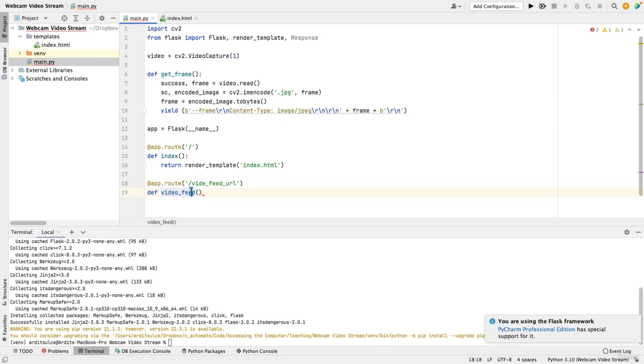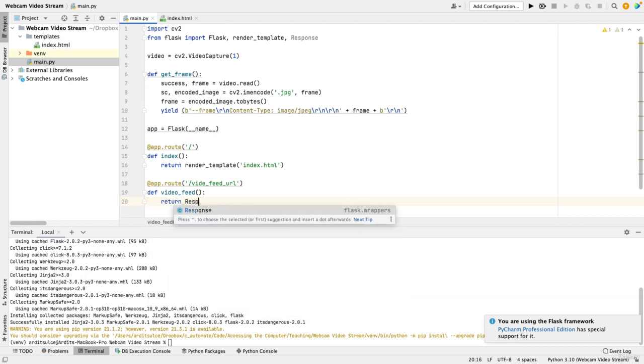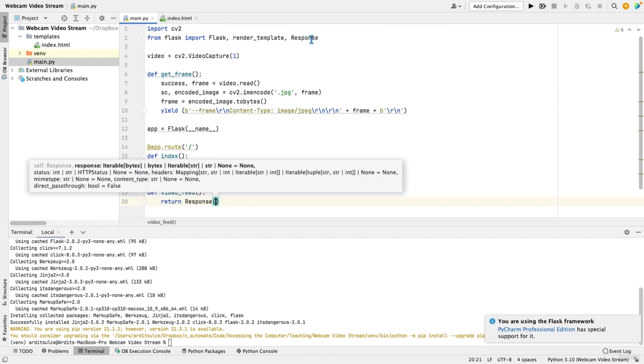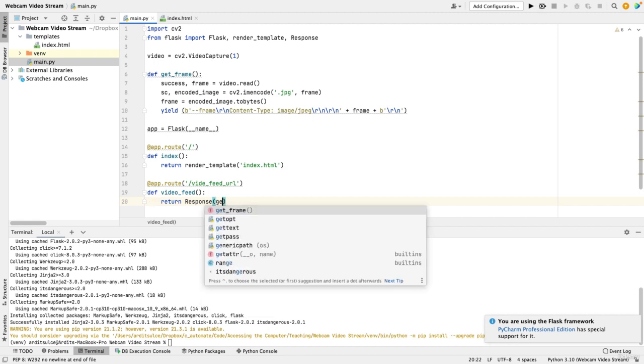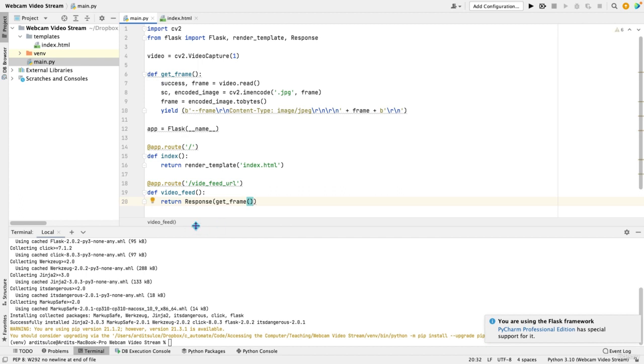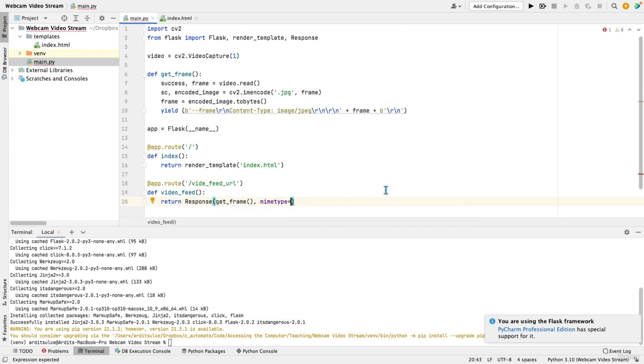That one here, this one here. Now this function, what it does is it returns a response object. A response is the class we imported in here, and response now expects a generator, which is getFrame. So you need to call that generator like that, and that is the first argument. Then you also need to declare what type of data you are streaming, and that would be the string